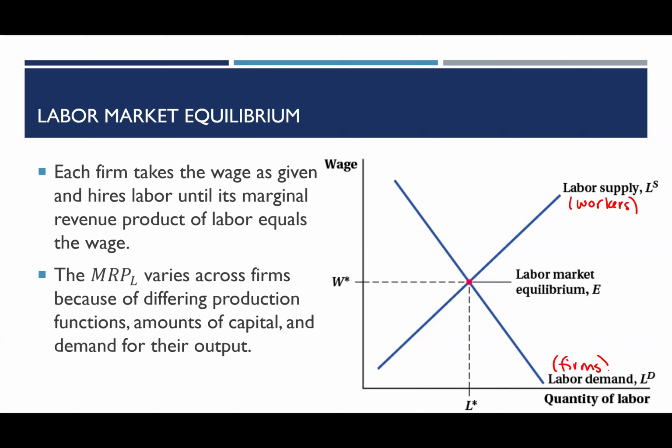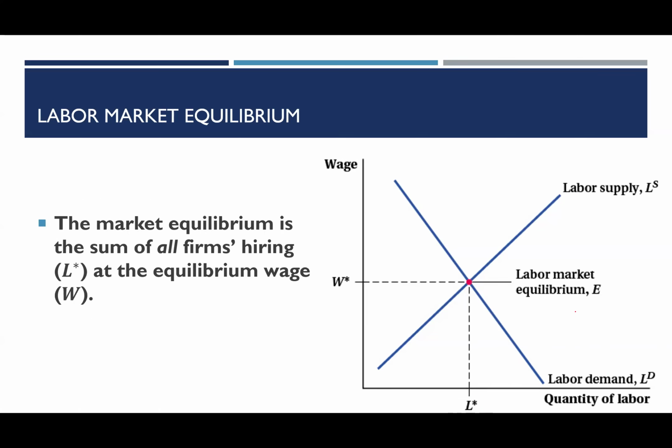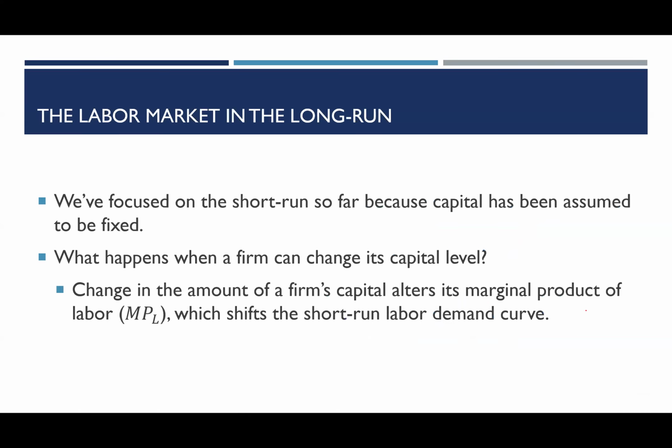Okay. So the quantity of labor that firms demand is equated to the quantity of labor that workers are willing to supply in equilibrium at that given market wage, right? And that's how we see how much labor is ultimately hired in the market. In our market, we're not just considering a single firm and how much labor they hire, but all the firms. And again, it's what all of the firms together are hiring at that going wage.